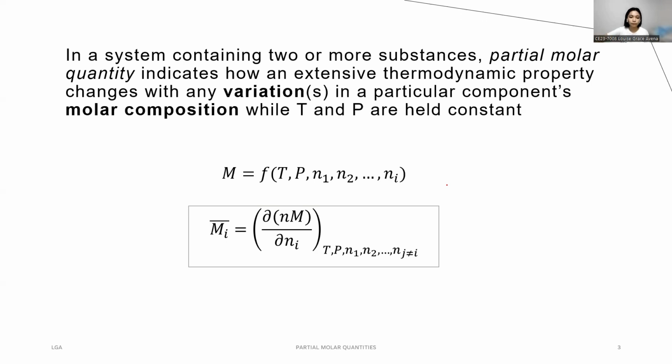are held constant. Because in an open system, any extensive thermodynamic property M is a function of temperature, pressure, and molar compositions of component 1, component 2, up to the ith component. And from this, we could define that the partial molar quantity of the ith component of any thermodynamic property M is actually the partial derivative of quantity nM with respect to the molar composition of the ith component at constant temperature, pressure, and molar composition of all other components up to the jth component wherein j is not equal to